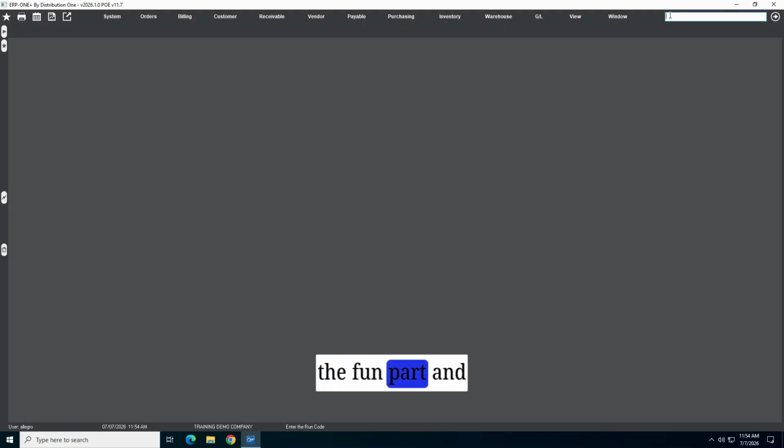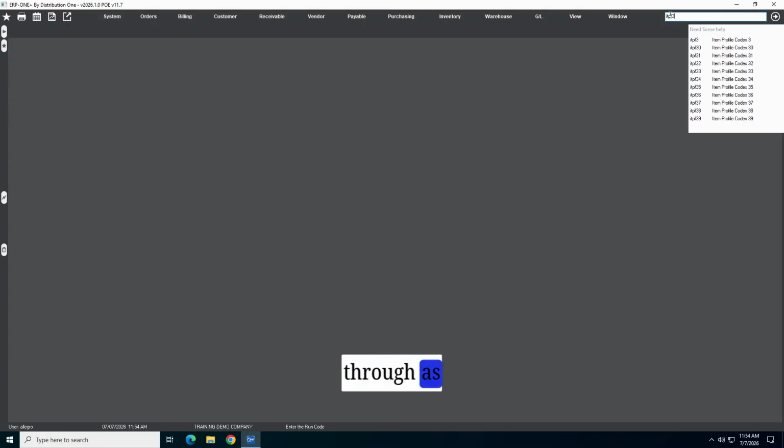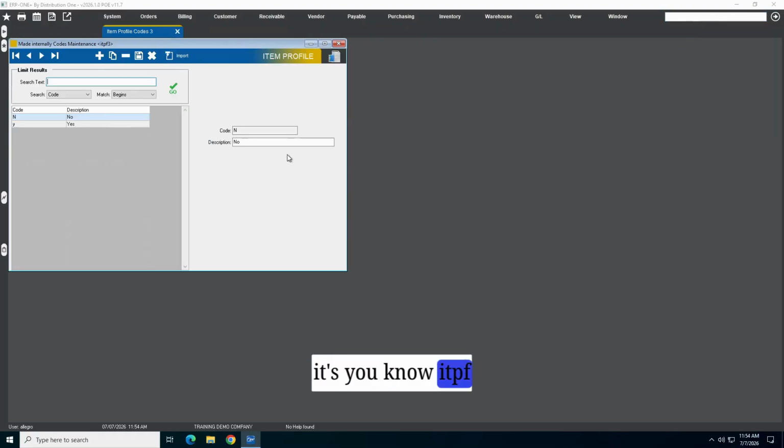Now, here's the fun part. Because I know this, item profile fields are ITPF, and there's 1 through, as you can see here, 1 for every profile field, so 1 through 60. Basically, it's ITPF 1, ITPF 2, 3, 4, 5, 6, 7, 8, 9, ITPF 10, 11, 12, 13, etc. So here's the item profile codes for 3, and it's a lookup into the codes table,